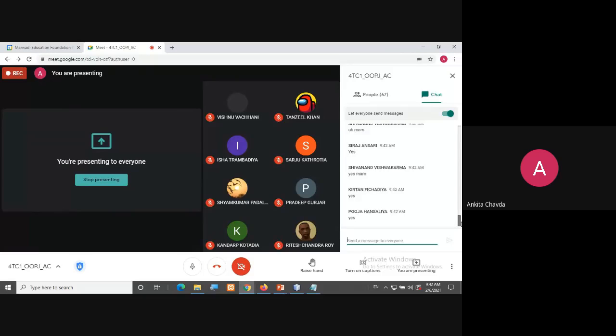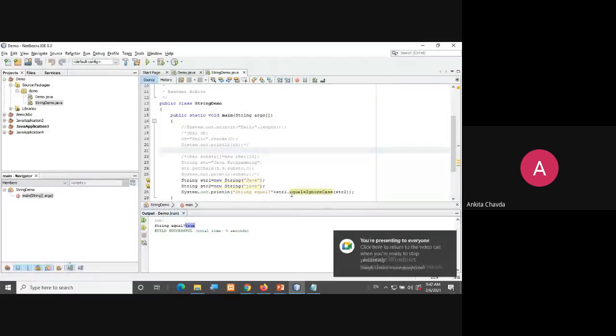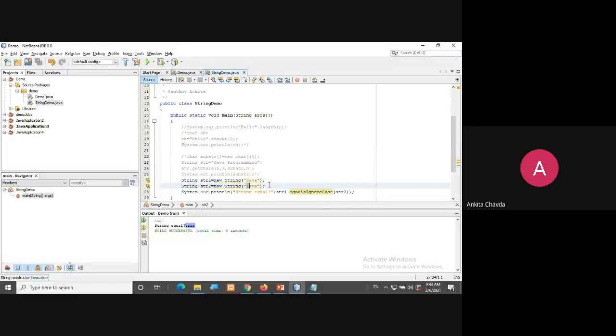They will simply ignore the case. In the equalsIgnoreCase function, they will simply ignore capital and small differences, so then also they will give you true, because in both the strings it is written as Java.